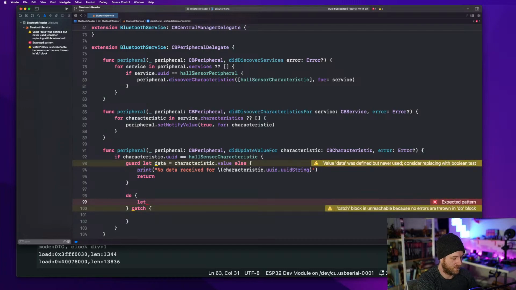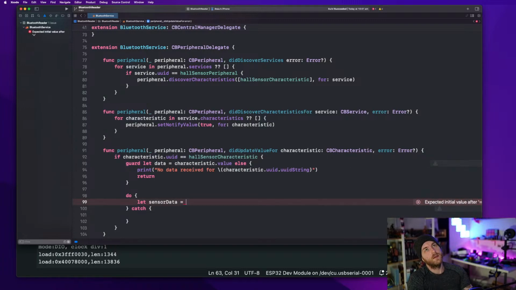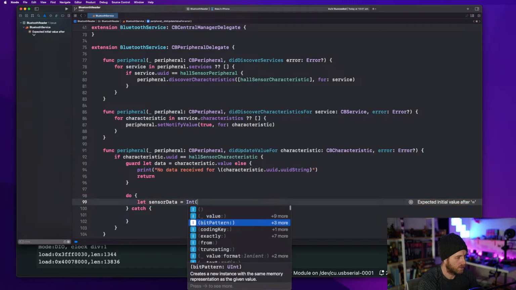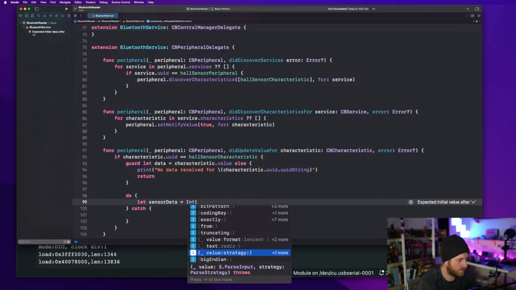Let sensor data, well, are we going to use the JSON? We might need to go back to our device and pass through JSON. Can we do it this way? From decoder, can we do,